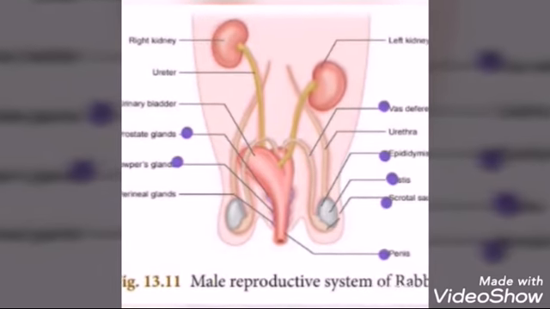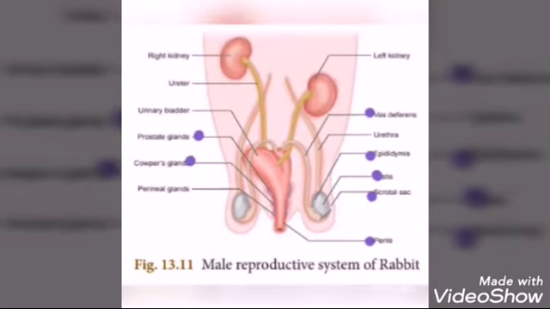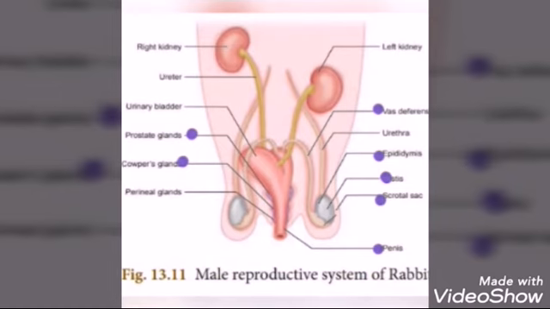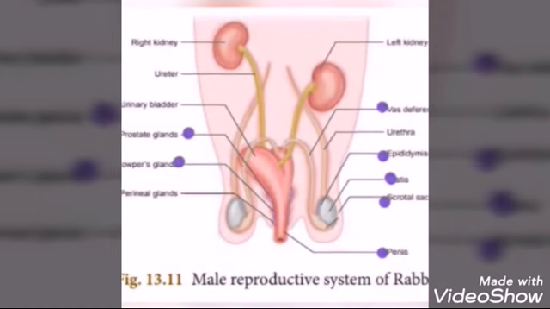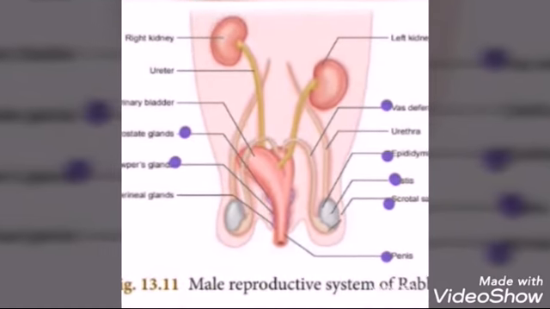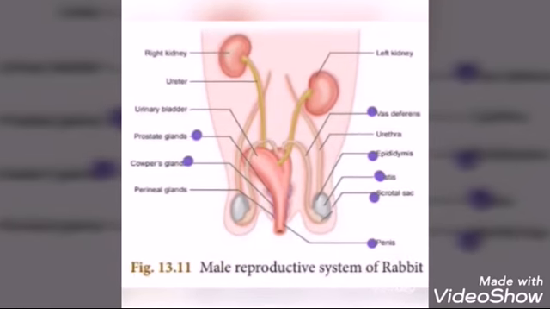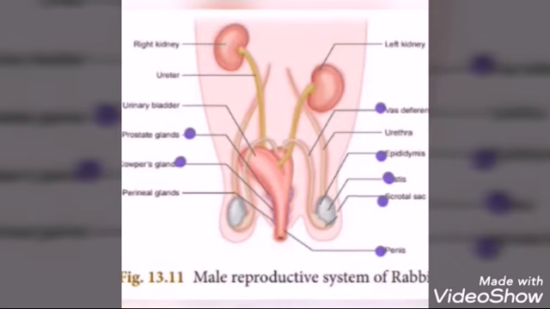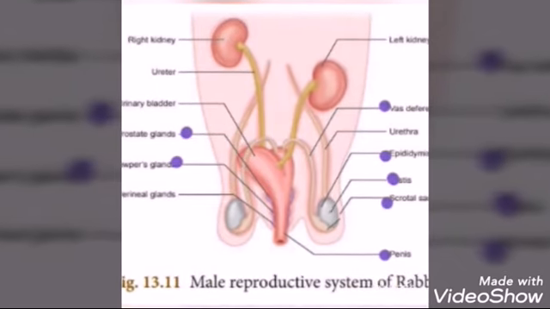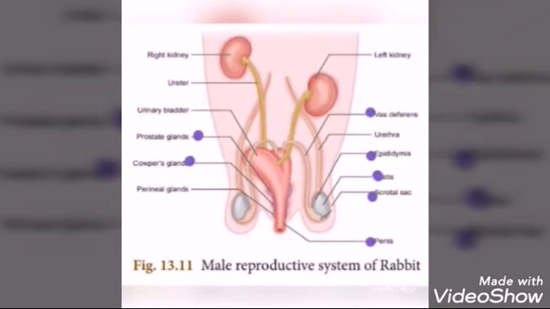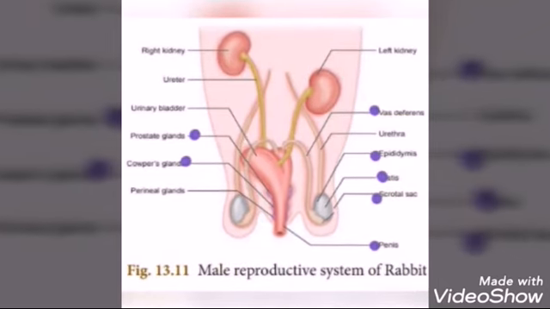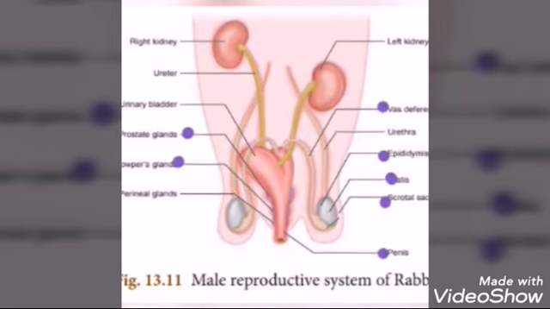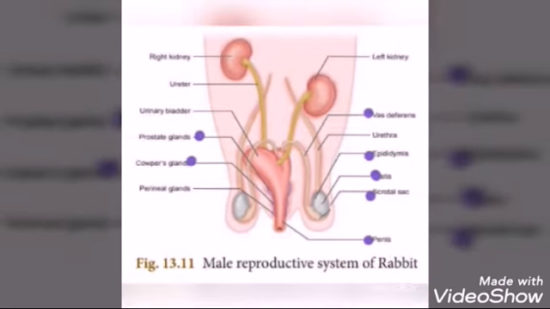First one, testes. Testes are male reproductive organ. They are rounded in structure and located in the abdominal cavity. Testes are covered by scrotal sacs. Each testis is made up of tube-like structures called seminiferous tubules. Sperms are produced inside the seminiferous tubules. Vas deferens are also small tube-like structures that develop from seminiferous tubules. They receive sperms from the seminiferous tubules and open into epididymis.